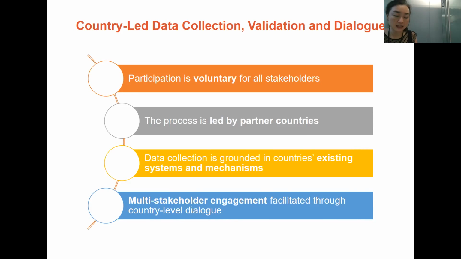Now, the process is led by partner countries, meaning that the national coordinators are typically appointed by a ministry in charge of development cooperation or development partners, depending on the country's institutional context. The country-led monitoring process also means the data collection should be, and is encouraged to be, grounded in countries' existing systems and mechanisms. What does that mean? The data to be used to track the